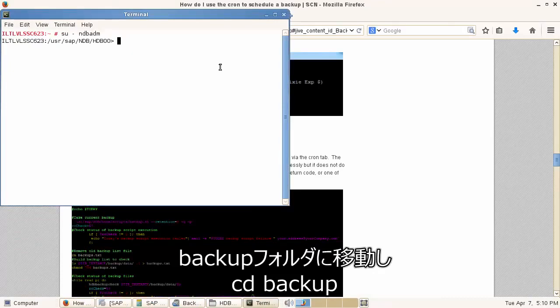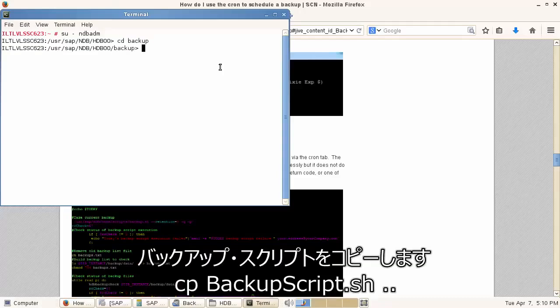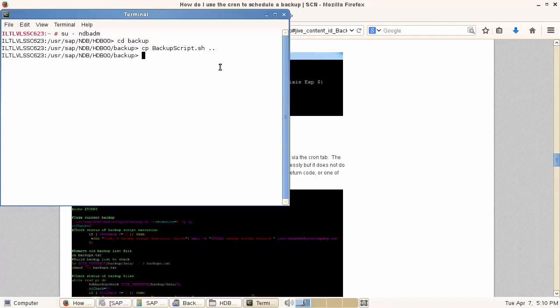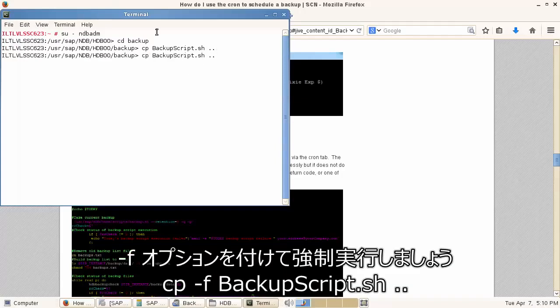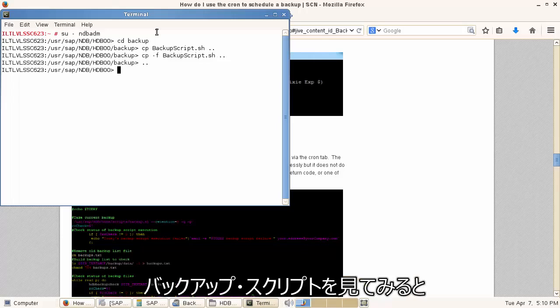And now let's do the following. I have already made the script work, so I will just go to this folder and copy the backup script to subfolder. Let's do -4. Okay. And if we look now at the backup script,